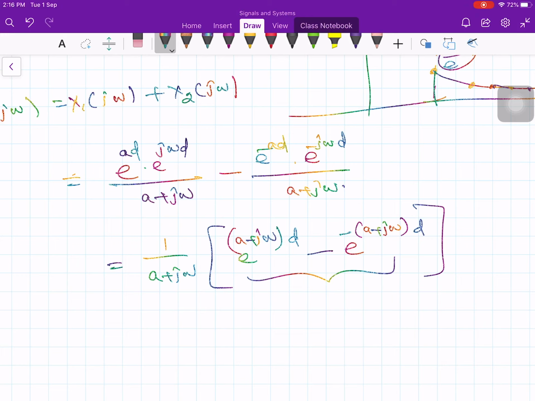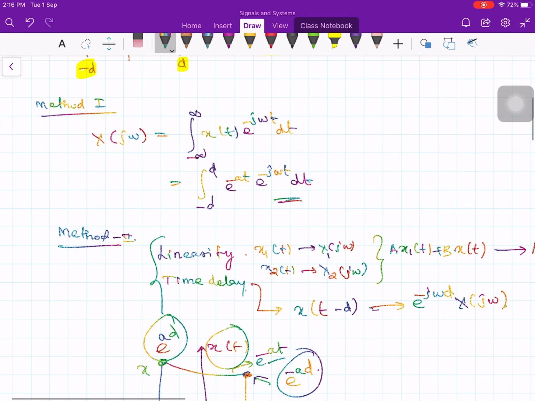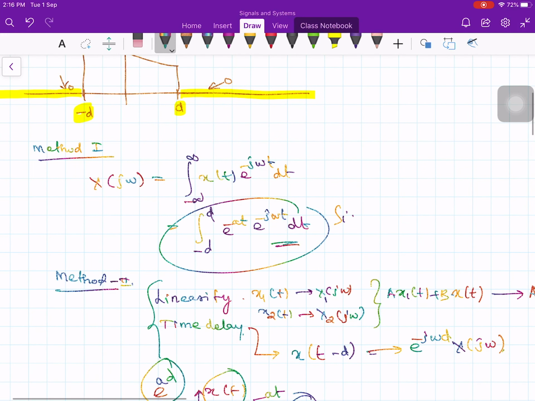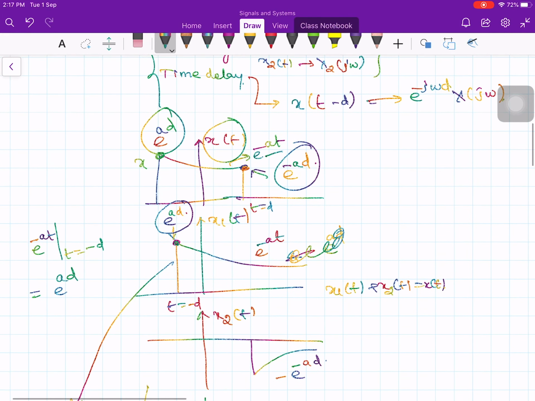So this example shows us that if you recognize the function as composed of a linear combination of functions whose Fourier transforms you already know, just recognize that it is a linear combination of some basic functions whose Fourier transforms we already know. So we can intelligently get the Fourier transform without having to do this integration. Anyway, here this is a simple integration, no problem, but for some other problems it will be very easy. This is after all simple, so you can easily find it, but in some other cases it may not be very simple. So without having to do the integration starting from scratch, right?